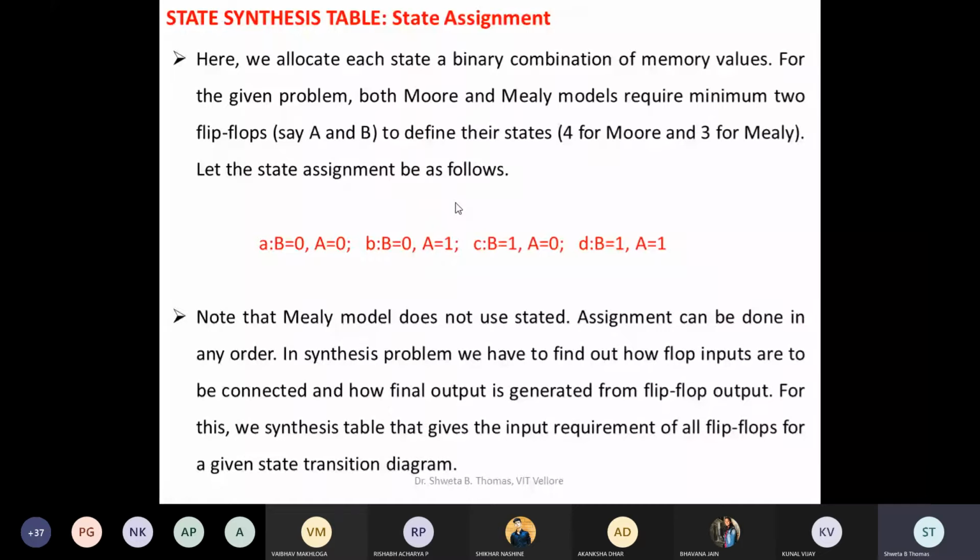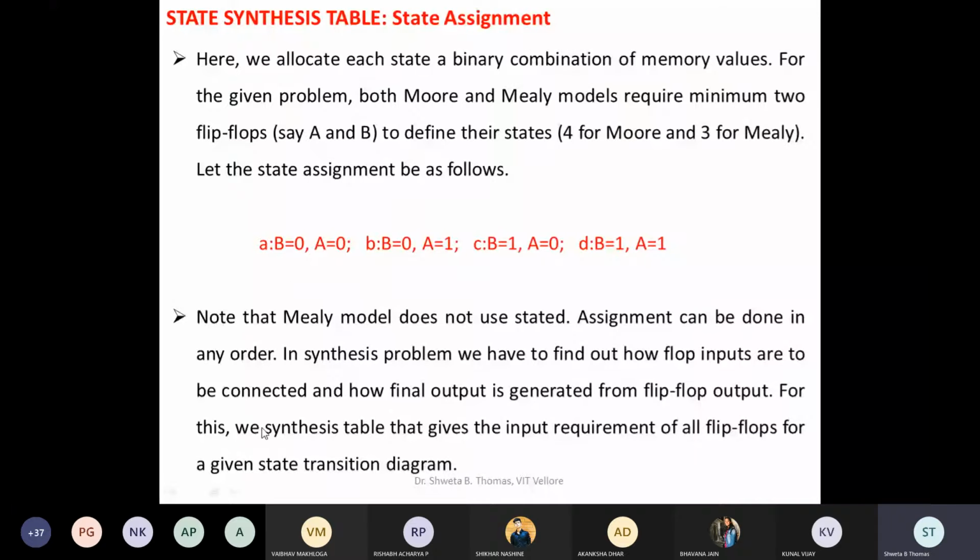And if you want to find the best logic diagram for a particular state assignment value, then you have to go for a search and trial method. But the main thing is that most of the time when you are going for the state assignment, we are taking the values in this order only: 0, 0, 0, 1, 1, 0, 1, 1. But if you take the last value first or the middle value first, it will not be a problem. The solution will be correct only. Okay, but this is the usual rule. So this way you have to give the state assignment.